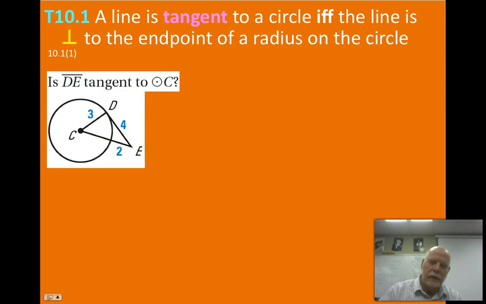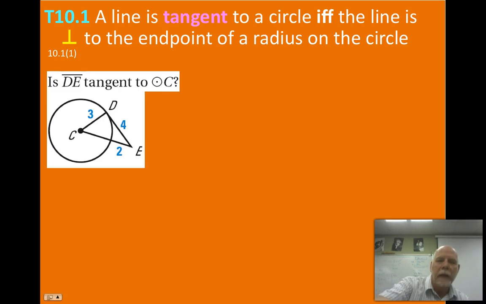So let's look at this diagram right here. Question is, is DE, that segment out there, tangent to circle C? Which, by the way, I failed to mention in the first slide. When we name a circle, we name it by its center. And so this is circle C because C is the center of that circle. Okay, just one letter, the center of the circle. So back to the question, is DE tangent to circle C? Well, we would have to know that